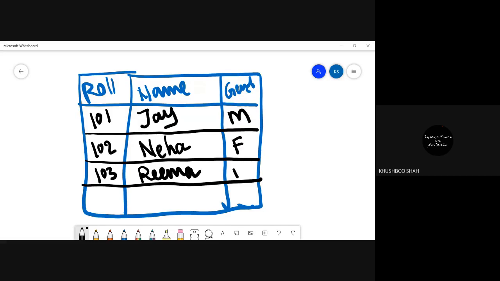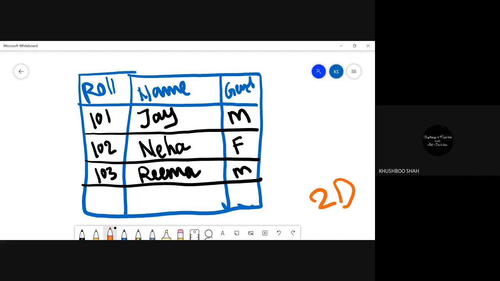So guys, now my question is, listen to me carefully. Can I say this is 2D array type structure? Yes, ma'am, because it's a table structure. Perfect.